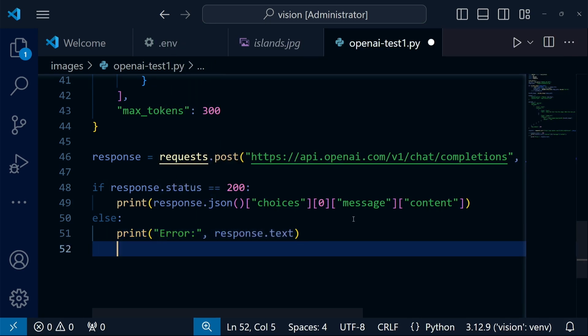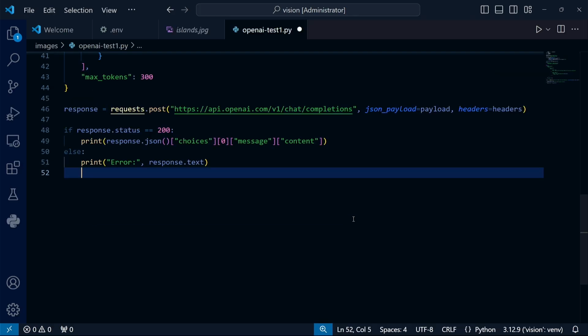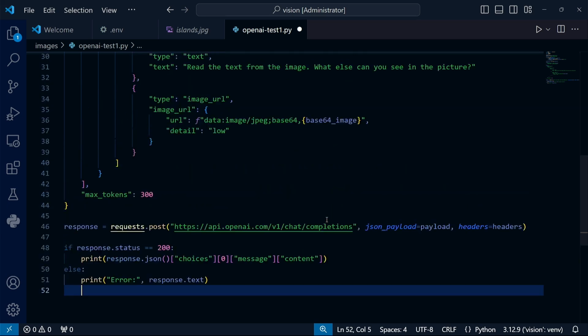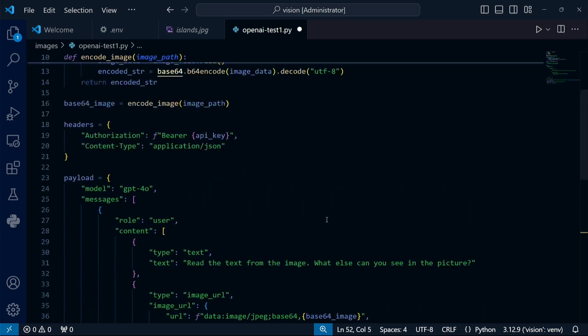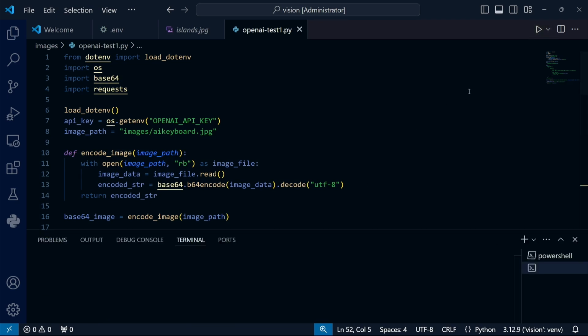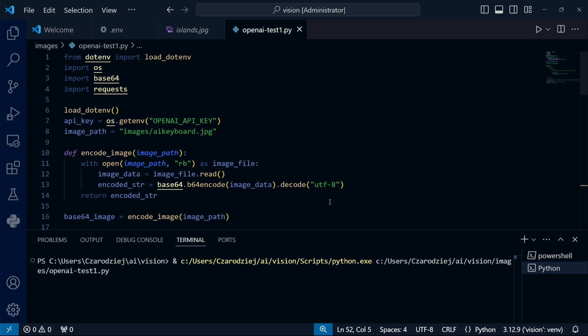I think that's everything we need. The program isn't too complicated, right? Except for the payload object, which took us a bit to put together, it's pretty short and quick to write, even without using specialized libraries for API handling. I think it's time to start it and see if I made any mistakes.